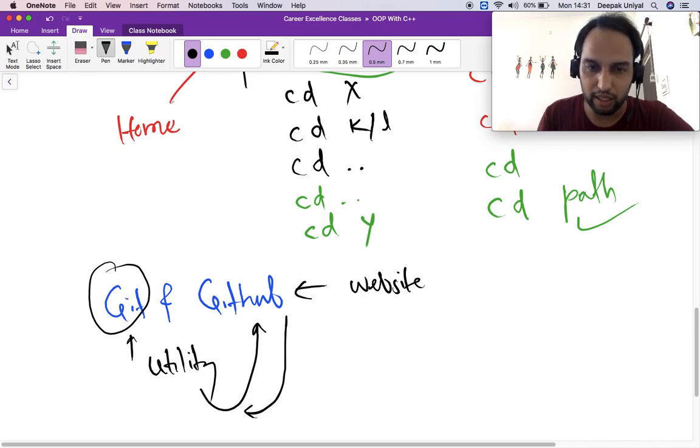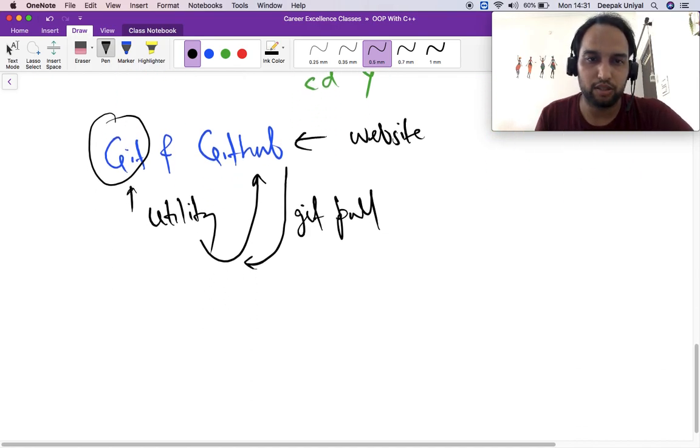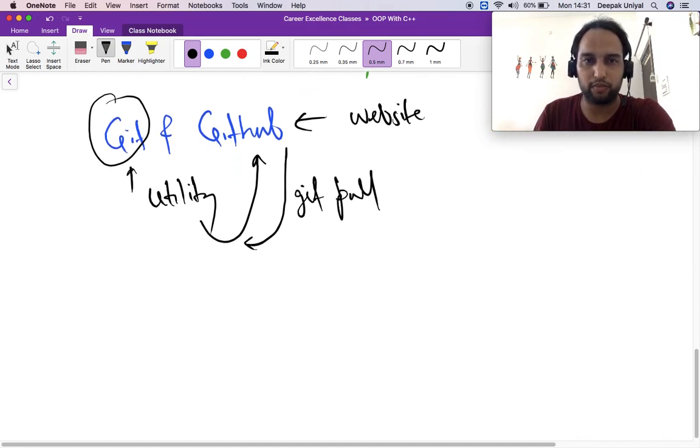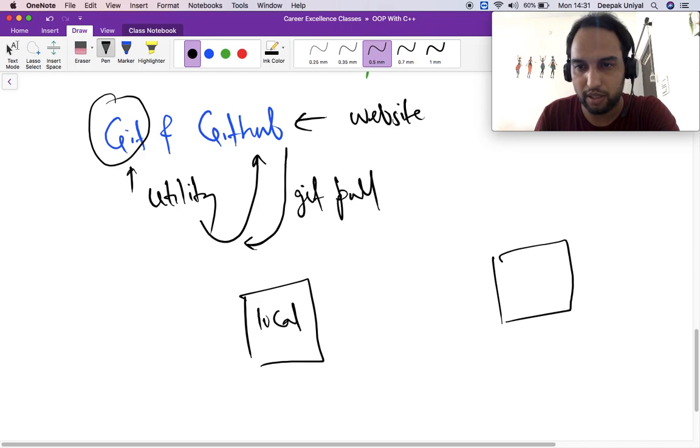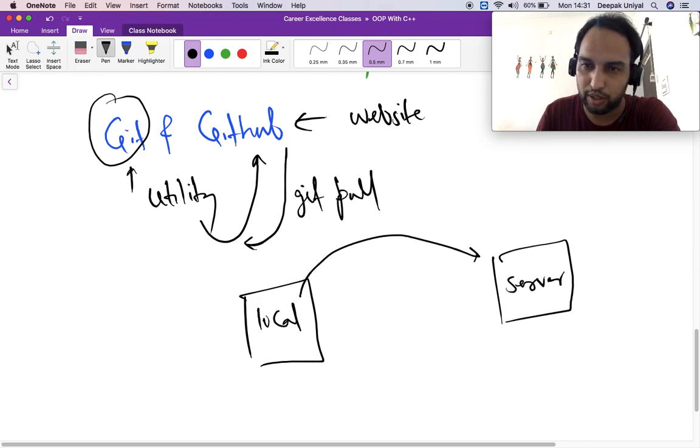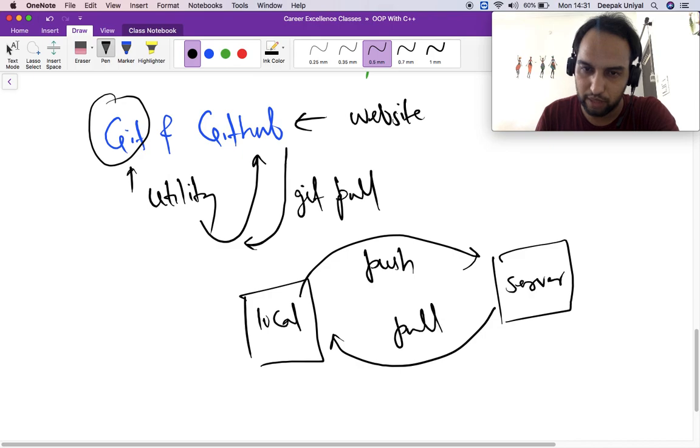The same thing I have done using git clone, but there is another command, git pull, and git push you have already used, right? So let us suppose you have a local system and you have a server here. All your code will be uploaded here using git push and all your code can be pulled from the server.